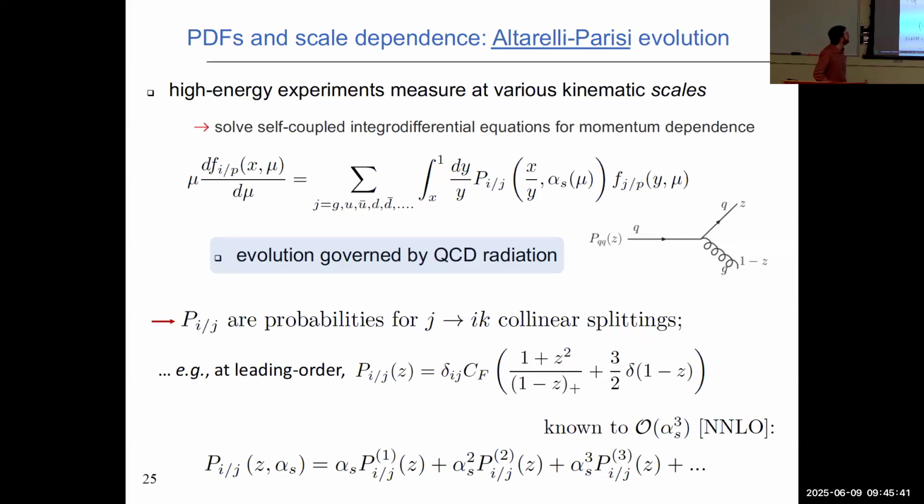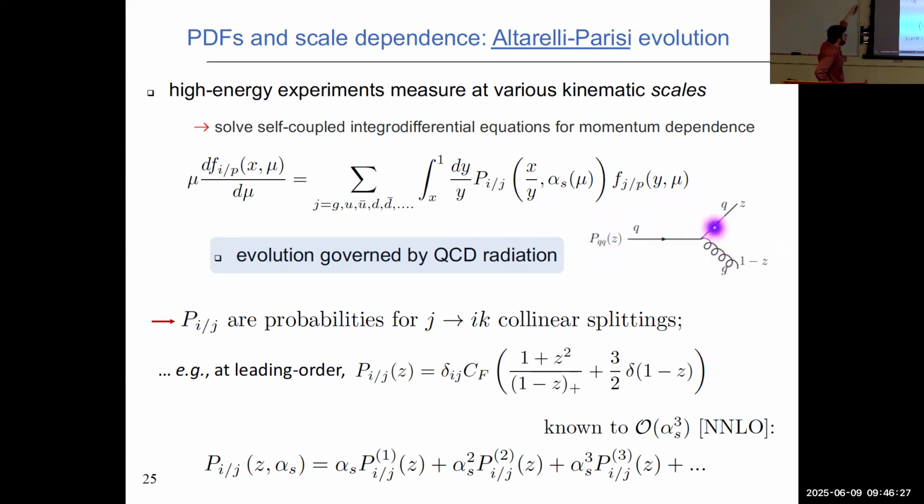I'm down to, I think, the last 15 minutes or so, so I'll quickly give you some more technical detail on how these various things go. The scale dependence, which I alluded to more loosely earlier in the talk: QCD evolution, or the Altarelli-Parisi evolution, is what allows us to unbury the behavior of the gluon PDF as well. If I have, say, a quark PDF at a given scale, in general I can solve a series of coupled integro-differential equations that tell me how the PDFs of one flavor relate to another flavor. They boil down to convolutions of the PDFs, either for quarks or gluons, with perturbatively calculable splitting functions